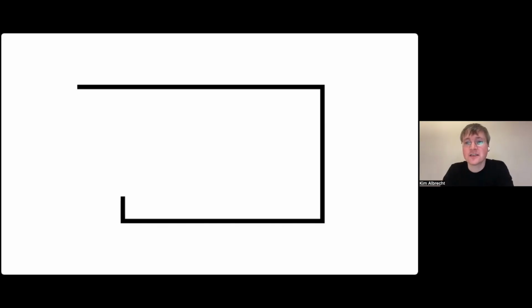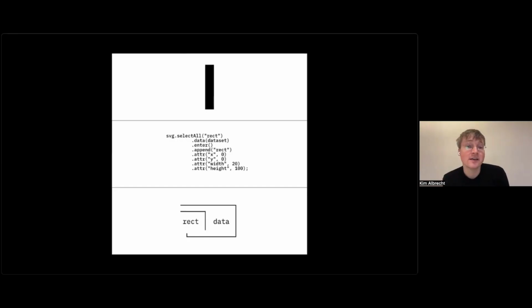of repeated distinctions. And we see this kind of usage a lot in representations of code. When you program something, you often take a data set and you apply rectangles. But in this case, they all have the same X and Y and width and height. So you only see one rectangle, but only by drawing a distinction, they basically become visible.